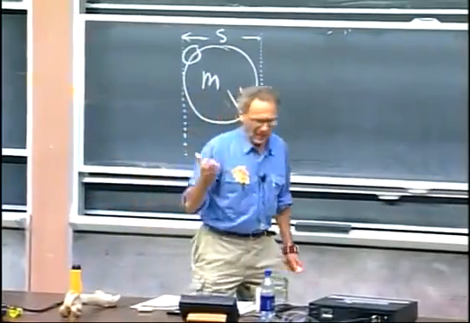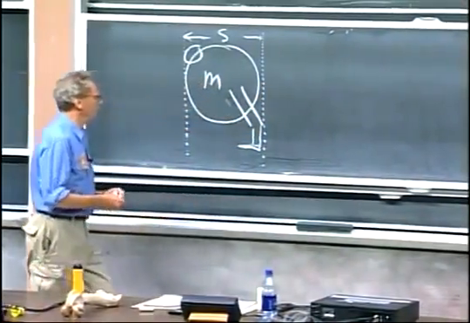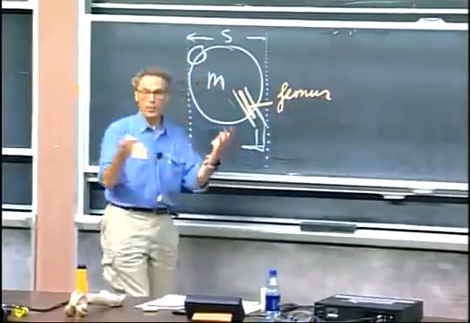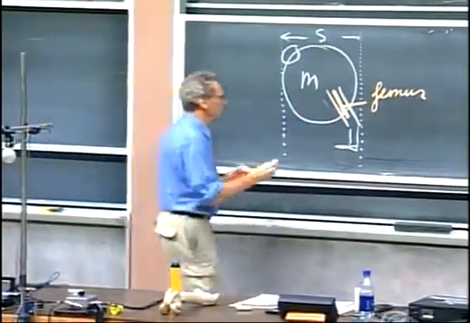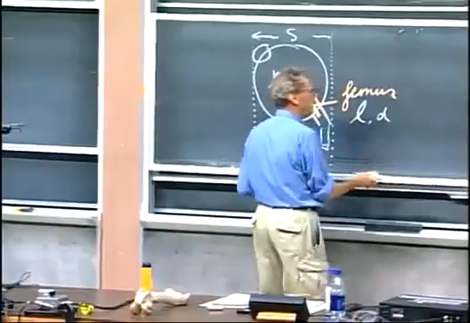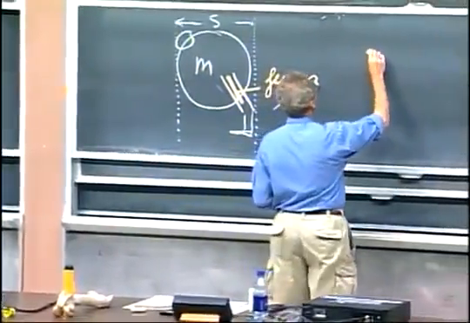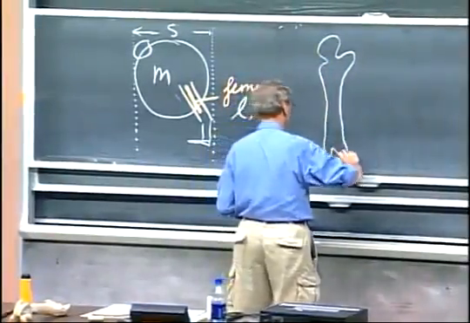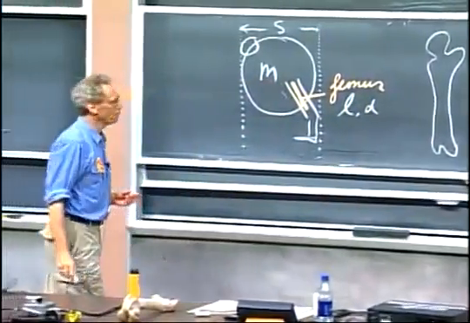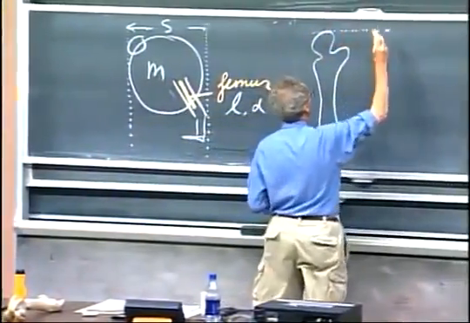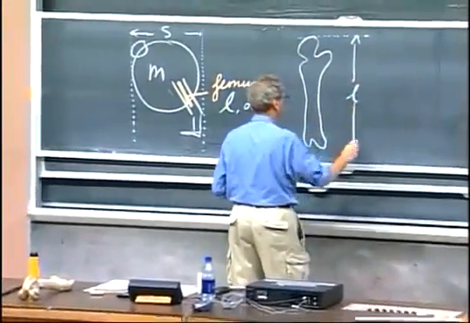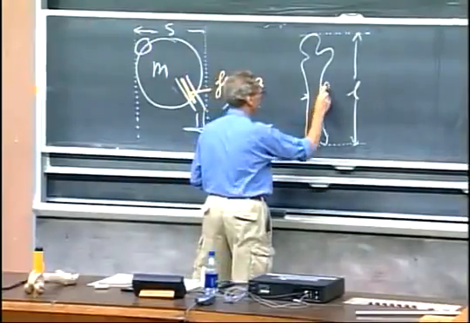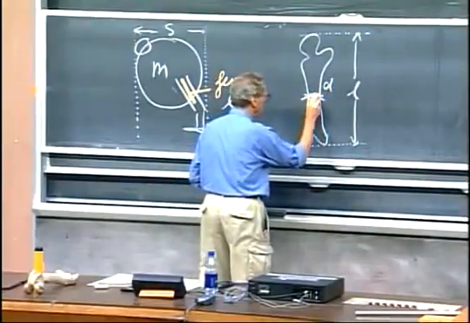And this mammal has a thigh bone, which we call the femur, which is here. And the femur, of course, carries the body to a large extent. Let's assume that the femur has a length L and has a thickness D. Here is a femur. This is what a femur approximately looks like. So this would be the length of the femur, and this would be the thickness, D. And this would be the cross-sectional area, A.